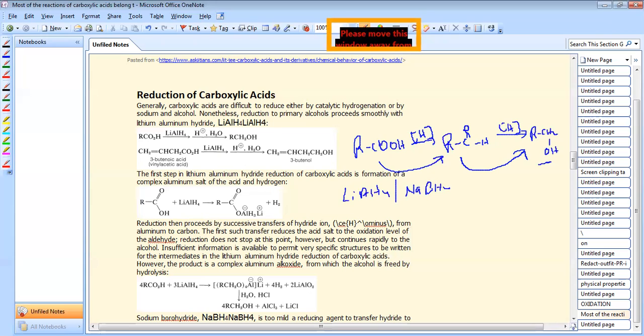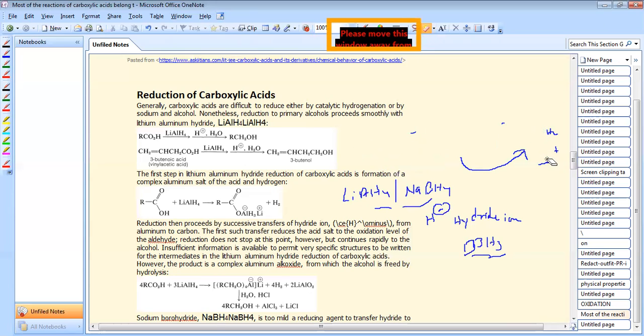Lithium aluminum hydride and sodium borohydride both act as donors of H minus, that is also known as hydride ion. The last one is BH3, that is boron. Boron is an electron deficient species, because it has one vacant orbital. In our syllabus we have only the mechanism of reduction of carboxylic acid with